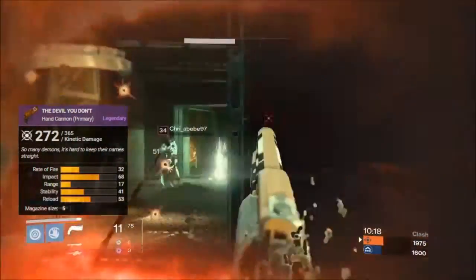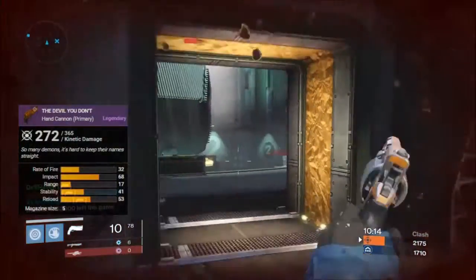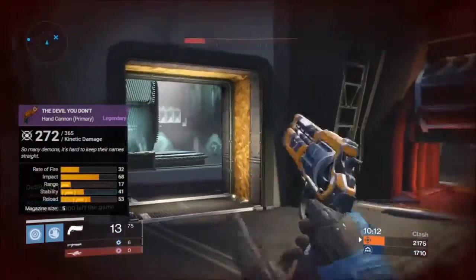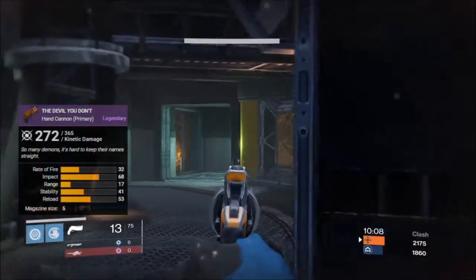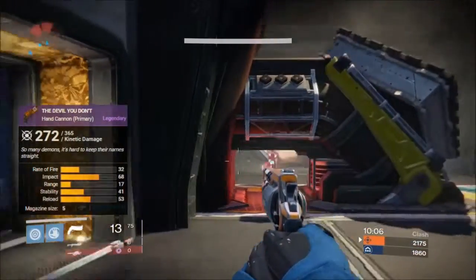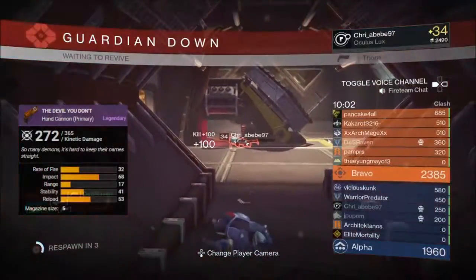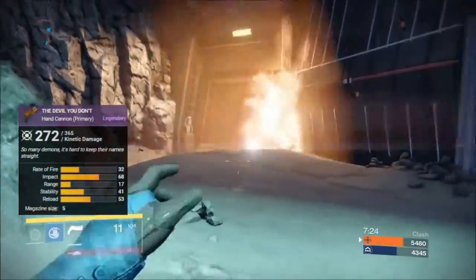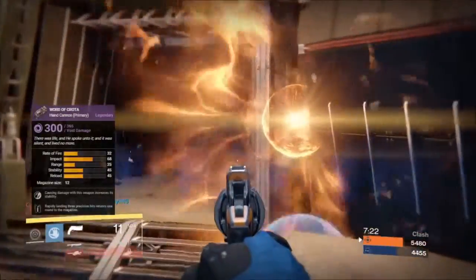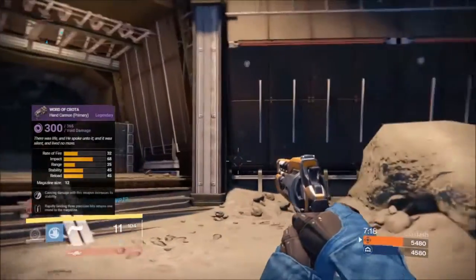With a range of 17, a stability of 41, a reload of 53, and a magazine of a meager 5, but an incredible aim assist of 90. This was a replacement to the Devil You Know from the vanilla Vanguard Quartermaster, and is actually a palette inversion of said weapon. The first weapon up for comparison is the Word of Crota, also found during the Dark Below,